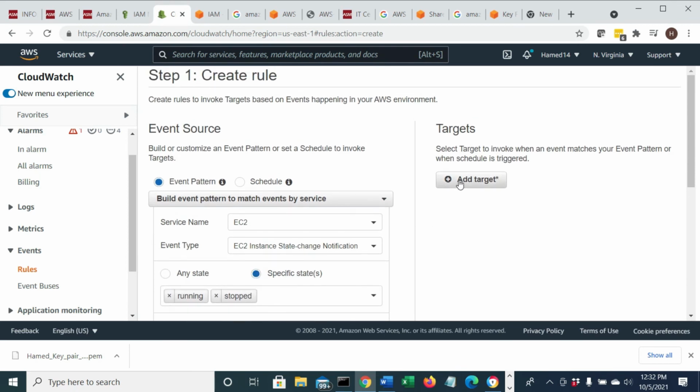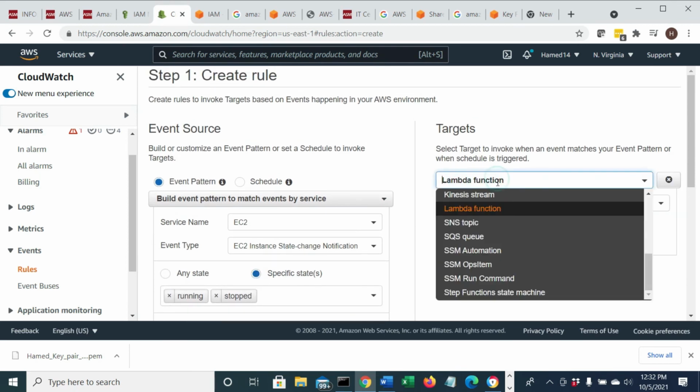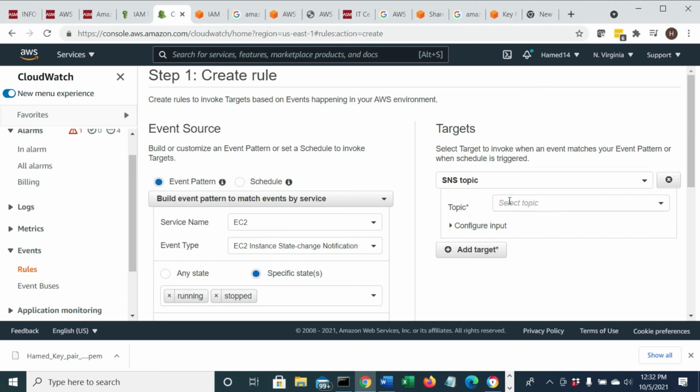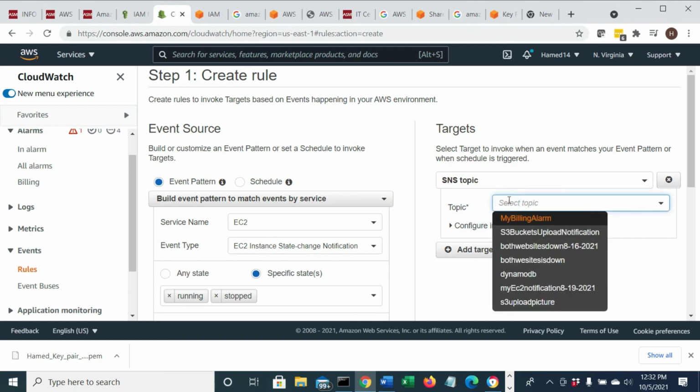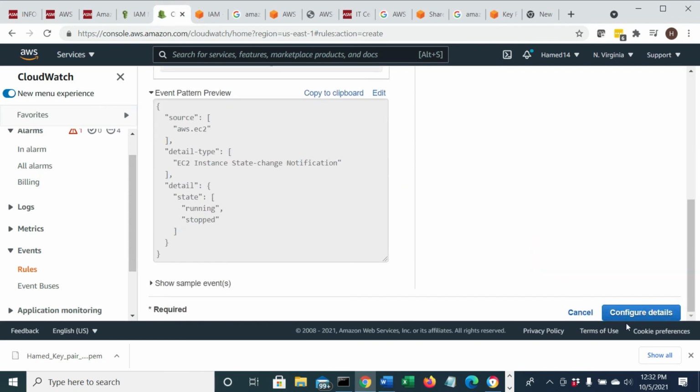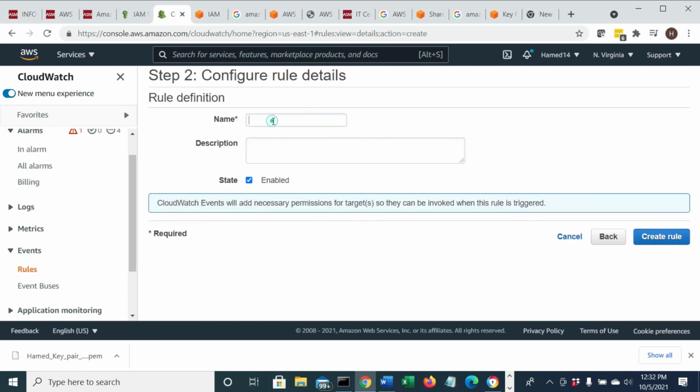Then I can say target. Then I can pick an SNS topic. Let's see, if I create an SNS topic like here, which I already did before, like some kind of topic. Let's say both, like this one or any of these, doesn't matter. These are all my alarms, whatever. I can pick one of these topics. Then I go next. Then I said that EC2 changes.